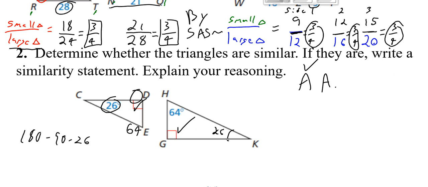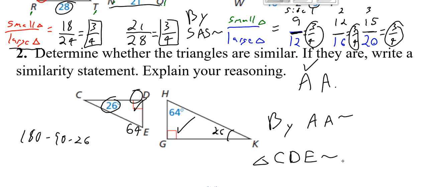Okay, so we can determine the triangles are similar by angle similarity. Okay, and now I need to write my similarity statement. So I'm going to work on the left one. Triangle CDE is similar to